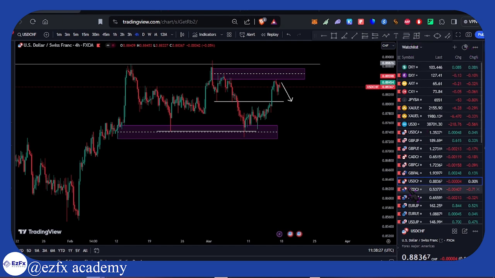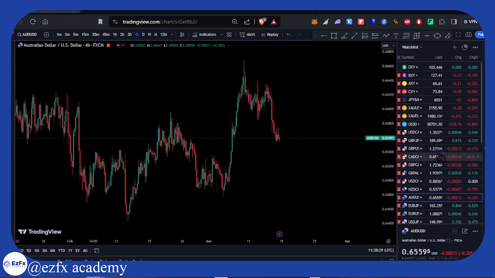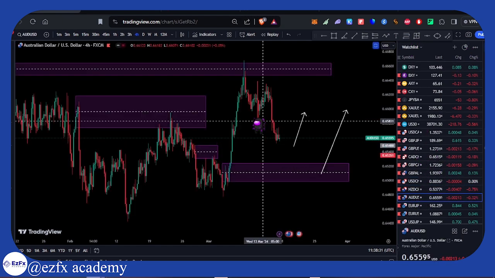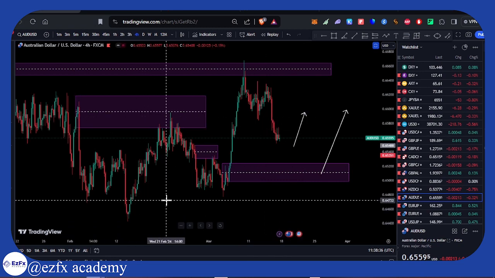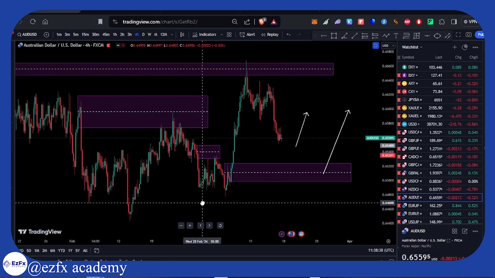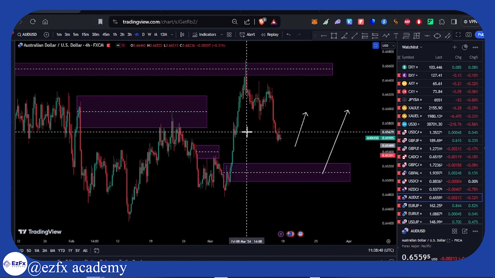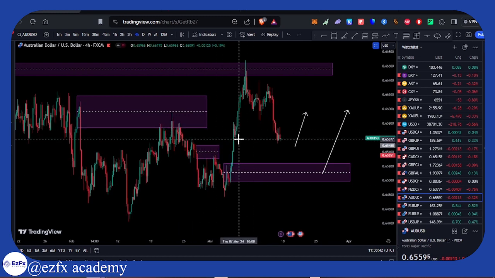Next up, let's look at AUD USD. So on AUD USD also, we're expecting a level of weakness, a level of bearishness. We got to see that happen quite well on AUD USD during the course of last week. For this week, however, I want to be watchful for,